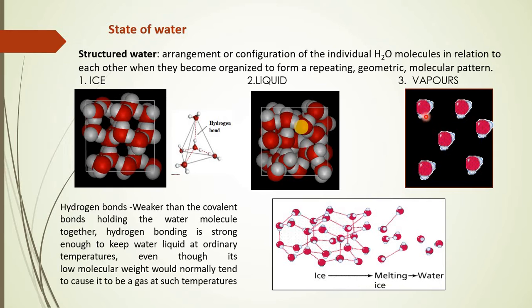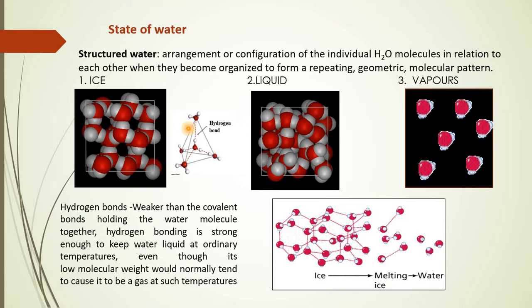What does it mean? It means that if there is compact arrangement of these single water molecules, then it will give rise to formation of a crystalline form of water, that is ice. If they are loosely arranged, then there is formation of liquid state of water, and when the distance between the two molecules is very huge, or we can say if the intermolecular hydrogen bonds are totally absent, then it gives rise to formation of gaseous state of water, right?